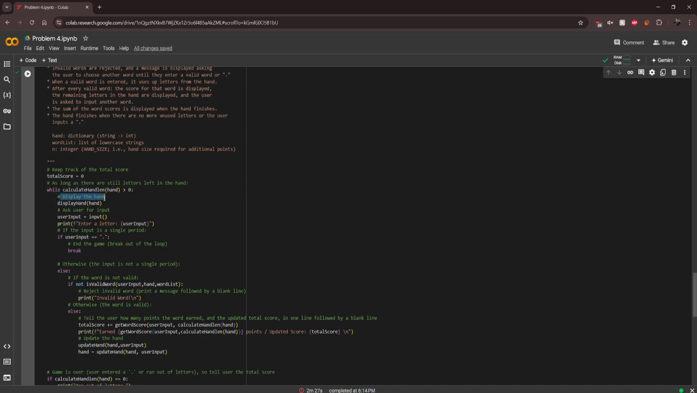Then we're going to display the hand to the user, and then ask the user for input and store it within user input. And then we're going to check if the input is a single period. So if user input is a period, then in the game, break out of the loop. Otherwise,